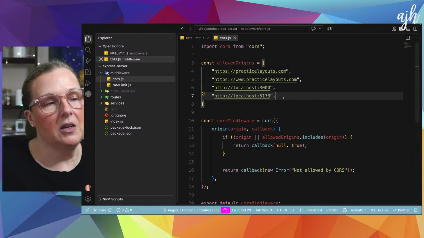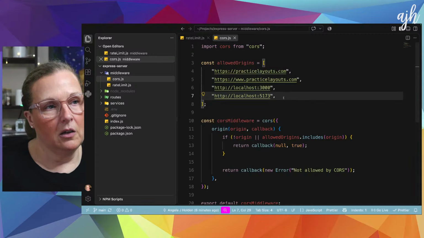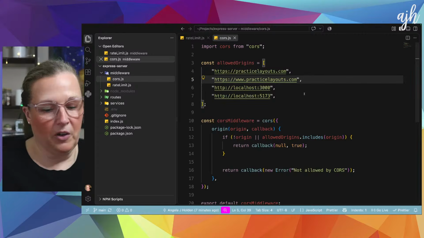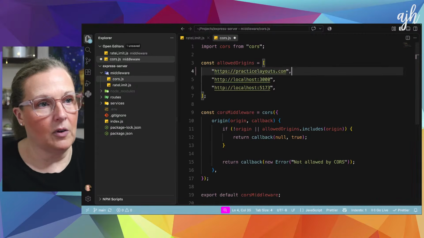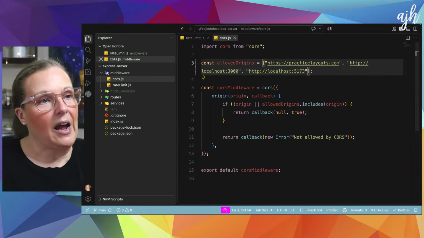So this is going to be deployed to api.practicelayouts.com. So it doesn't need to go to www because that's a redirect, right? For now,